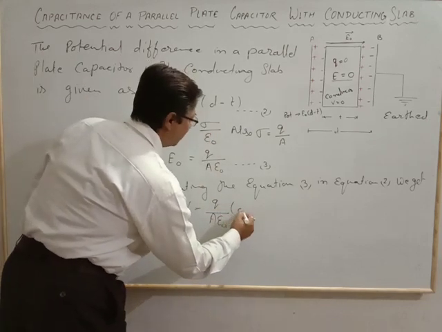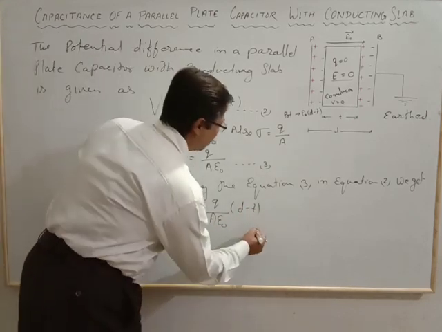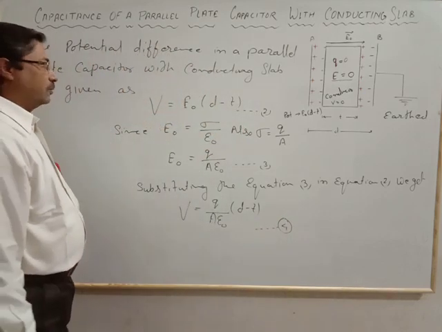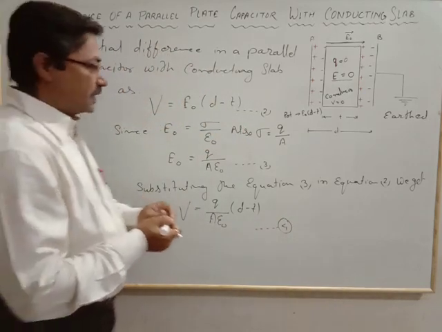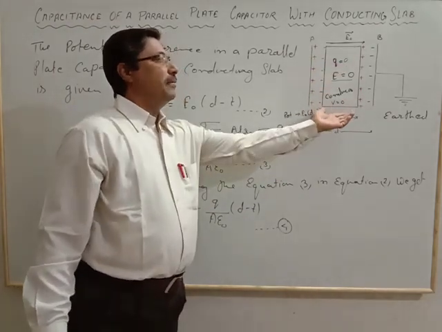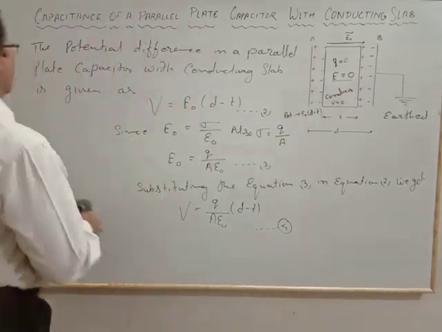Here it is D minus T. Now that becomes equation number 4. Now we will see the capacitance of the parallel plate when the conducting slab is introduced in between the plates. So in that case, the capacitance